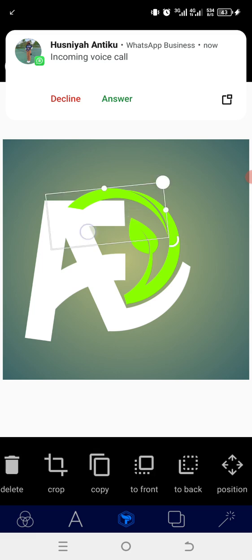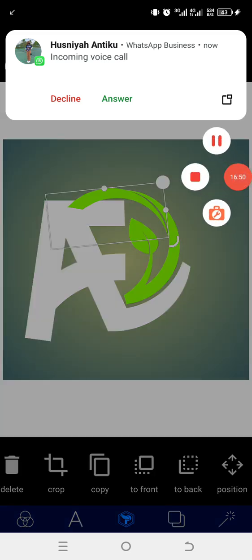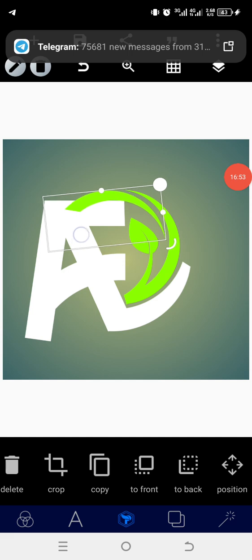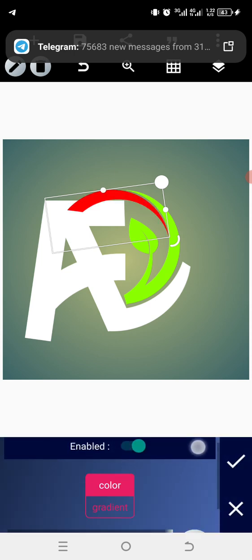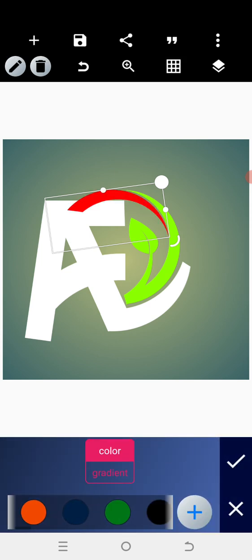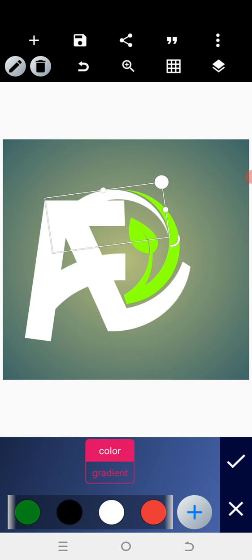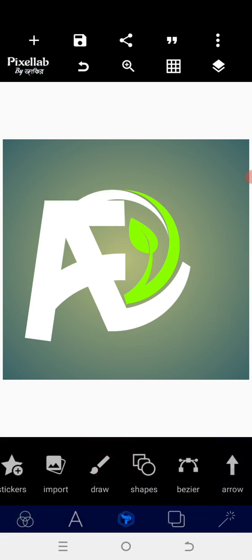So what I'm going to do is to just rotate and move. Okay, perfect. Now go to the color and have your color changed to white. Okay, perfect. So now everything seems to work, but we still have a new feeling with this because